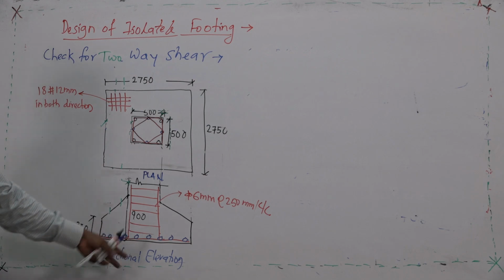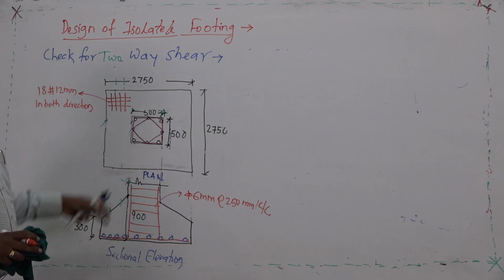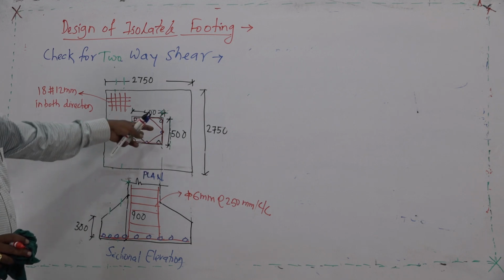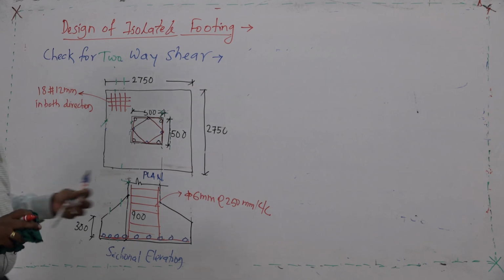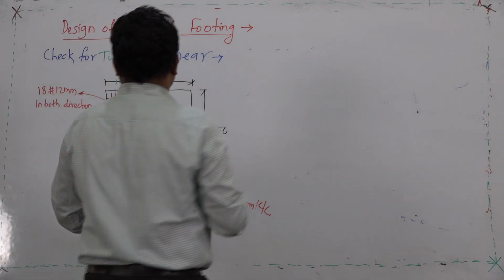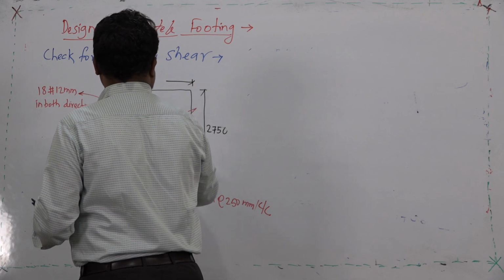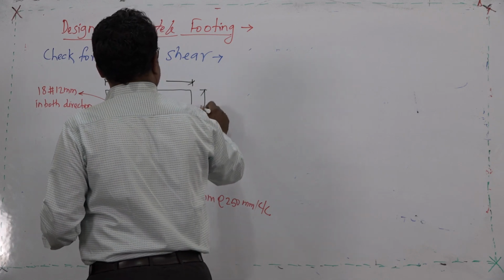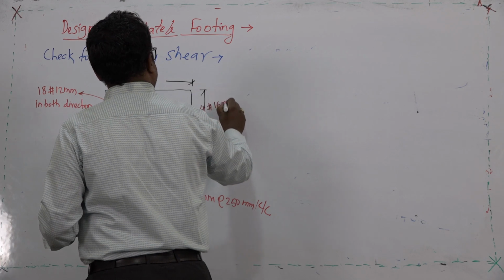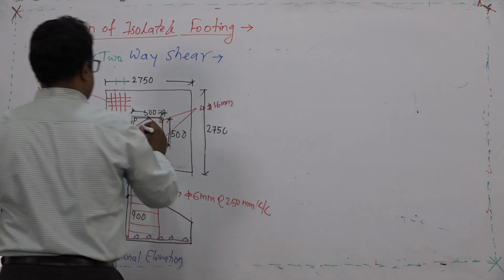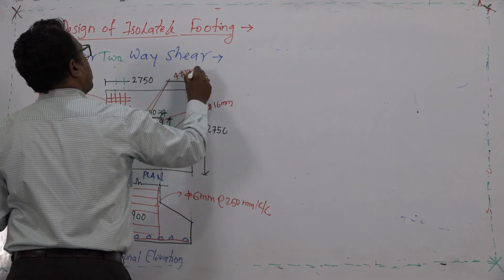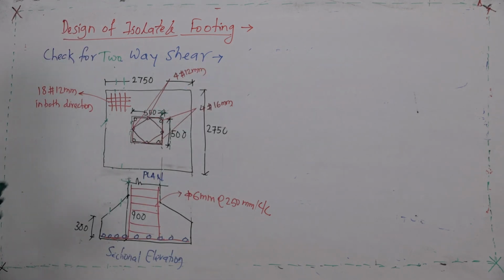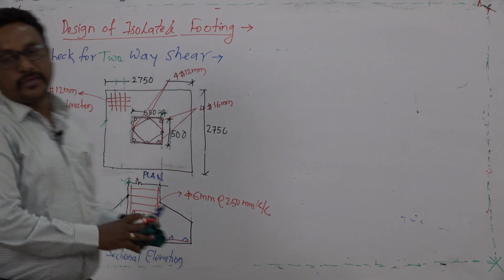The sectional elevation along with plan I have tried to draw here. Yesterday we saw in detail how to draw the detailing of the column with respect to the lateral ties and main reinforcement. So, here also you can name this. This is the 4 bars of 16 mm at the corner, and these are 4 bars of 12 mm which are placed at the center. So, this completes the footing design.